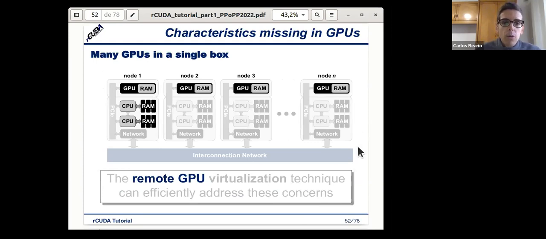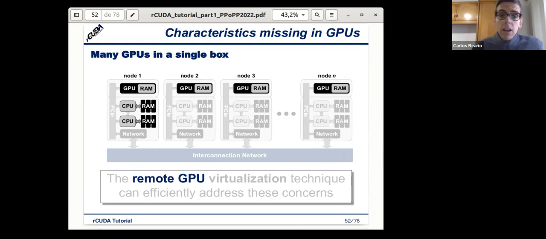Okay, so if we progress in this idea of having many GPUs in a single box, what we are mentioning here is that, assuming the scenario we are commenting on during this presentation, we have an interconnection layer with different nodes, and each node has one GPU. For instance, if we are running a multi-GPU application in node 1, this application will be able to access, thanks to remote GPU virtualization, the GPUs in node 2, in node 3, in node n.